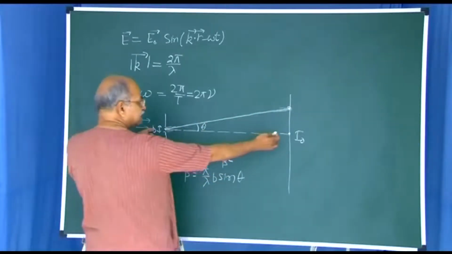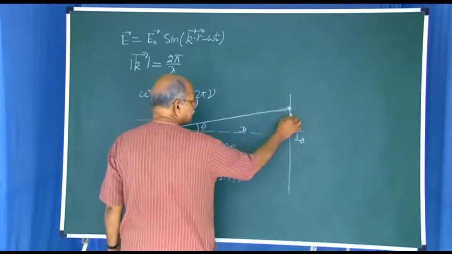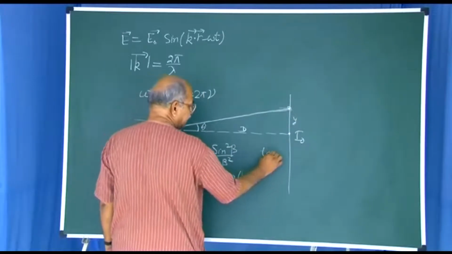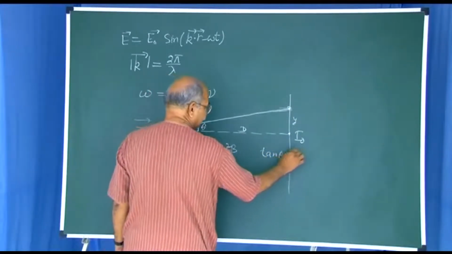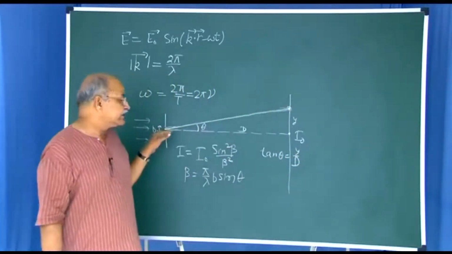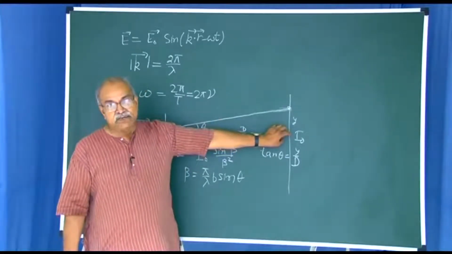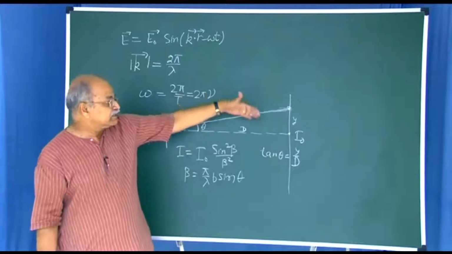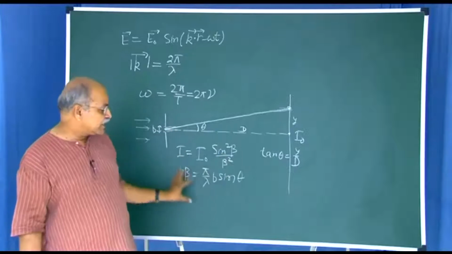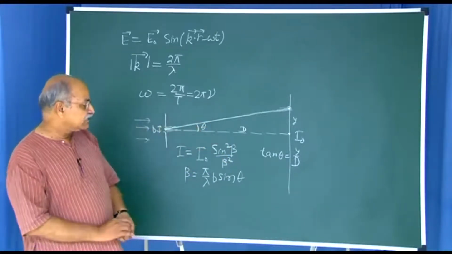So, if this distance is large and is, say, capital D, and this distance on the screen here is y, then you can say tan theta is y by D. So, with each point on the screen there is a theta. Theta equal to 0 means you are looking at the central point, and different thetas mean different points on this screen. So, that is the equation. With that you can calculate the intensity in terms of this I naught.